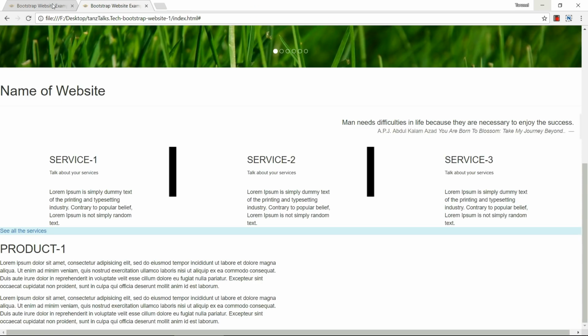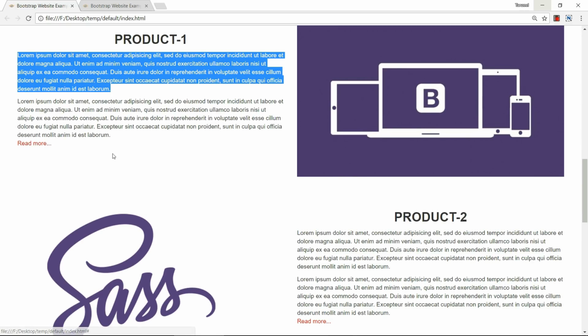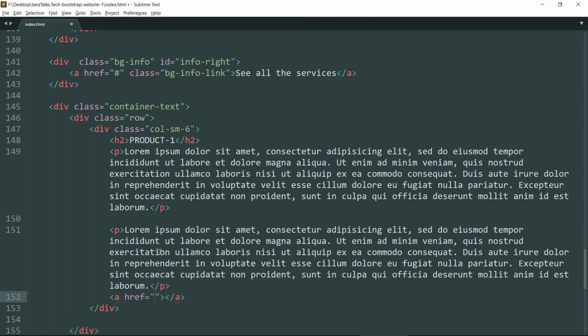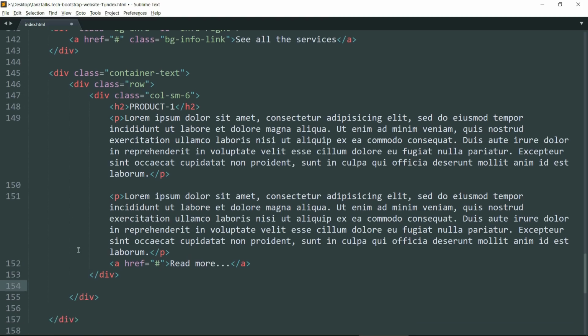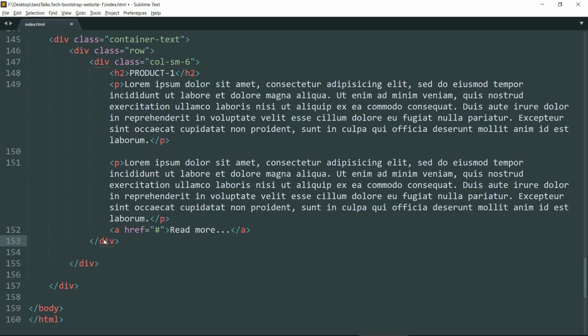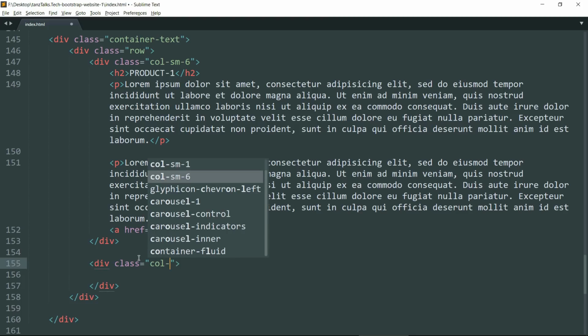Yeah, everything is fine. Now we need that small link below the text. Now drop down and create an a tag and write read more, and we do not have to reference it to anything. We can just leave it a hash there. Now just drop down again below the closing of the div tag and create another div tag. After the closing of the previous div tag, create another div tag and give it a class of col-sm-6.